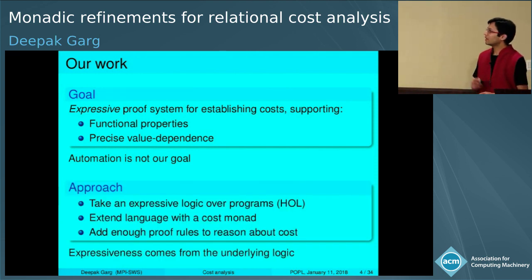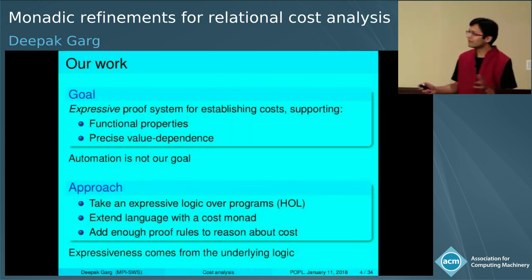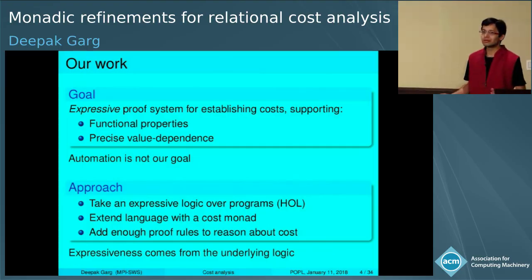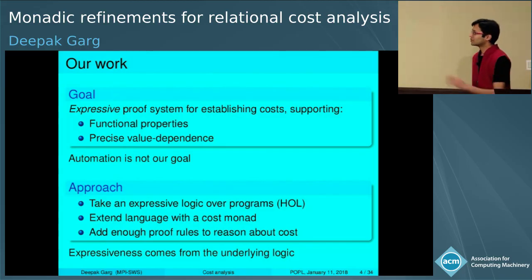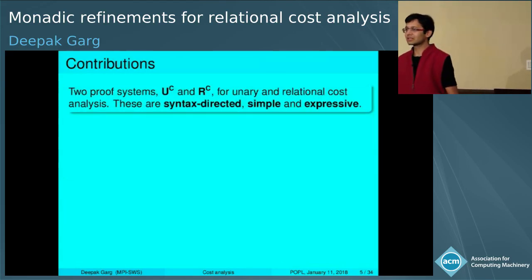Okay. And our approach, to put it in very plain words, is dead simple. Okay, it's a dead-simple approach. But what I'll show you is that this actually works very well. So here is the approach. We will start from an expressive